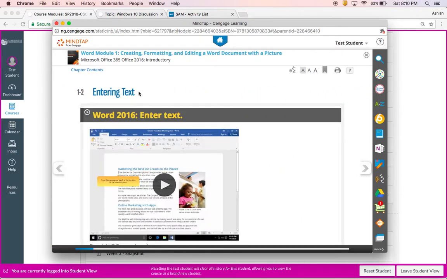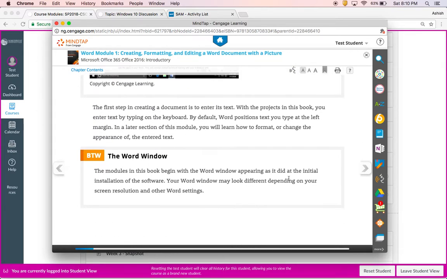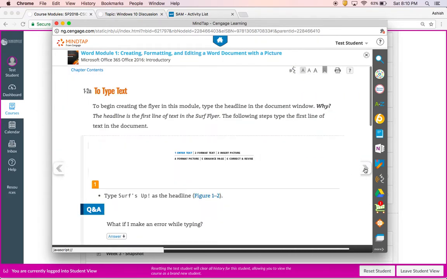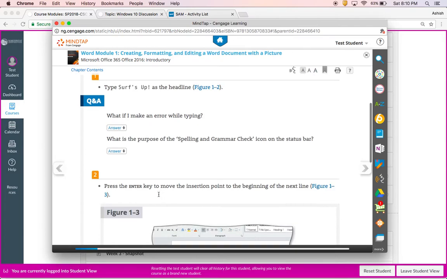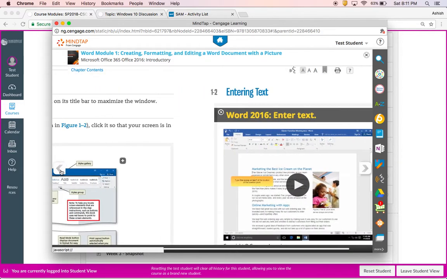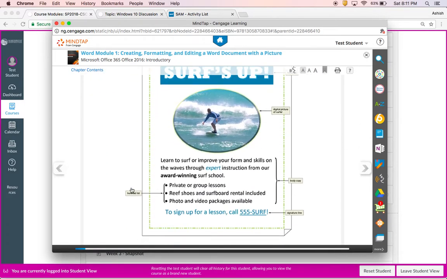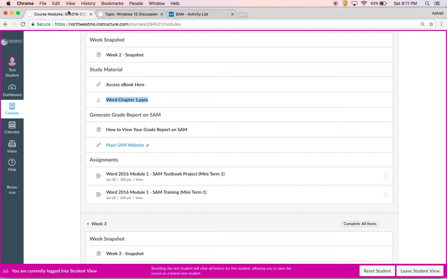You need to enter text. You need to enter what? Well, steps 1 and 2 and 3 shall be written in red color bullet points. So here you have to type the text. You need to type the subject line as the headline, which is right here. Press enter. This is how it will come. As you read through this chapter nice and slowly and do the activities, by the end of this chapter, you should have a document which should resemble 100% like this. And that's the document that you need to submit under this link.